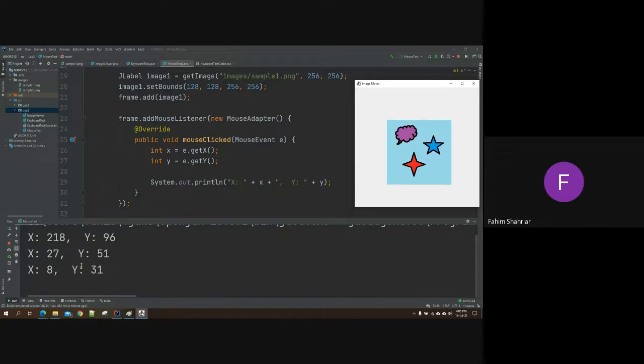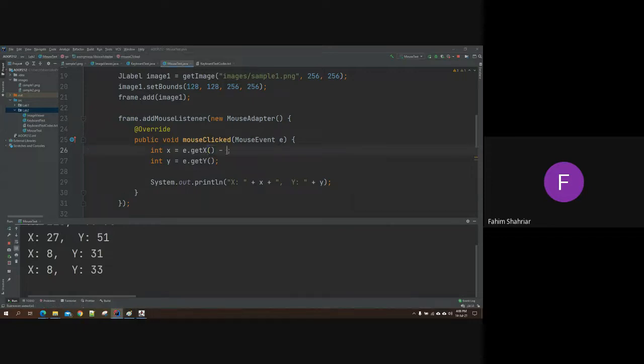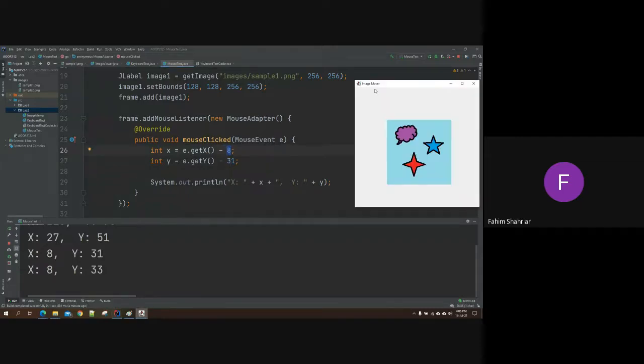So আমি যেটা করব, যে আমি যদি এখানে এই টপ লেফট কর্নারে 0 আনতে চাই, আমি x পজিশন থেকে 8 মাইনাস করে দিব, y পজিশন থেকে 31 মাইনাস করে দিব। তাহলে আমার টপ লেফট কর্নারে 0 0 চলে আসবে, যেটা আমি চাই। So what I'll do is I will subtract 8 from the x position and I will also subtract 31 from the y position. And these values might be different in your PC. তোমার PC তে হয়তো অন্য কোনো ভ্যালু দিচ্ছে, তখন তুমি সেই অনুযায়ী মাইনাস করবে।